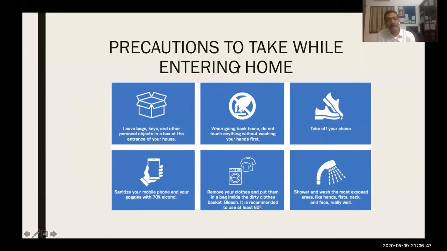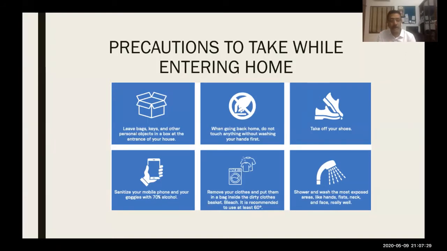And finally, the simple precautions we need to take when we are going to enter the house itself. Leave all the bags and keys outside, or have something at the house to sterilize these small things. Have a small chamber of UV light, just sterilize it and then come in, wash the hands, shoes. Of course, the most important thing which we always forget, or give less importance to, is the cell phone. We need to disinfect the cell phone and these personal things, the gadgets. And last time, Dr. Eapen was telling that we should not wear the watch at all in the first place. There is no need to wear the watch.